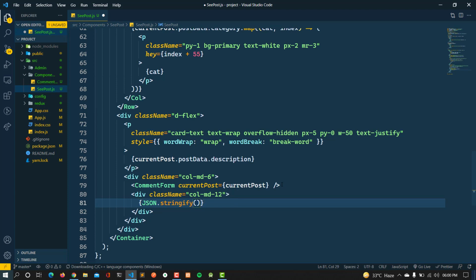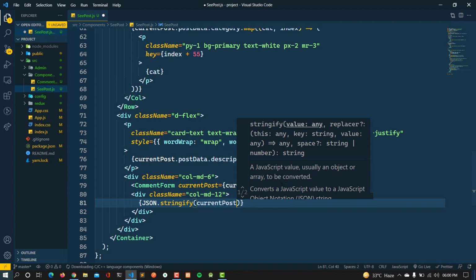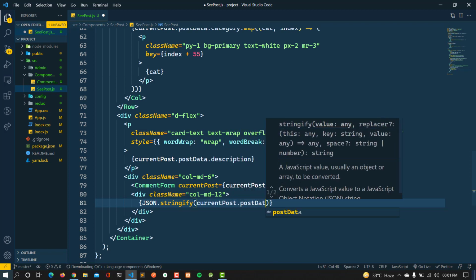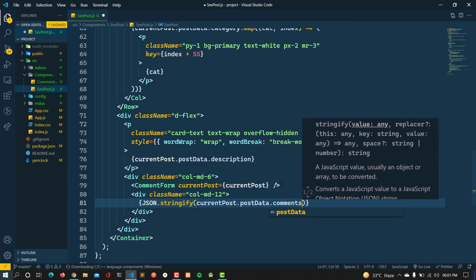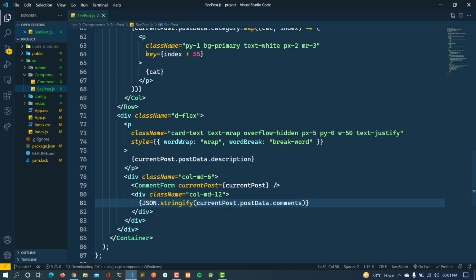So I am going to stringify this current post data dot comments. Save this. Now we should see the comments, but just in JSON format.